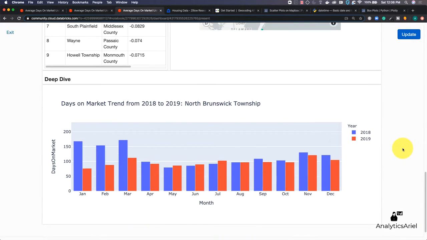change, a little bit of statistics here, and then a deep dive into an actual township and look at how